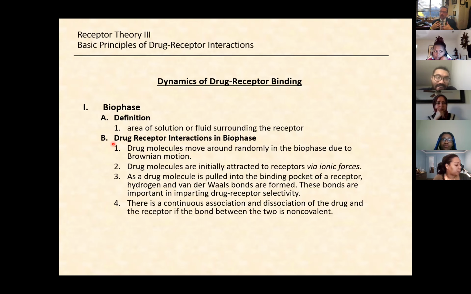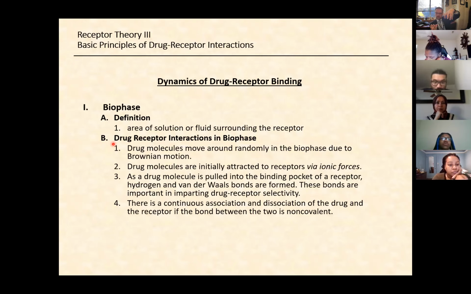Drug molecules are initially attracted to receptors that they're going to bind to via ionic bonds or ionic forces, okay? So we're going to exclude covalent bonding for a second here. Okay, we're not going to talk about that. We're just going to talk about reversible bonds that form between drugs and receptors, because this is normally what happens physiologically. Okay. So, anytime a ligand or drug molecule or hormone, neurotransmitter, whatever we're talking about, okay, it's floating around